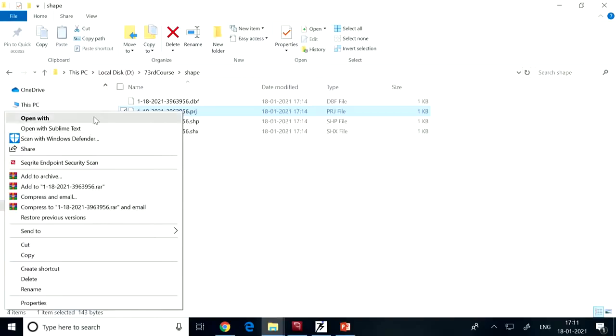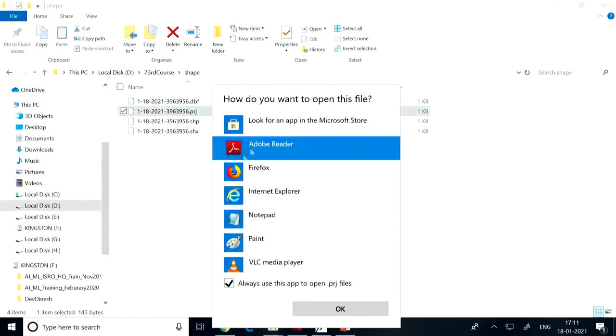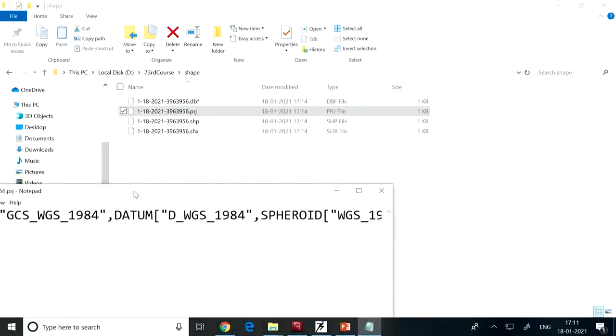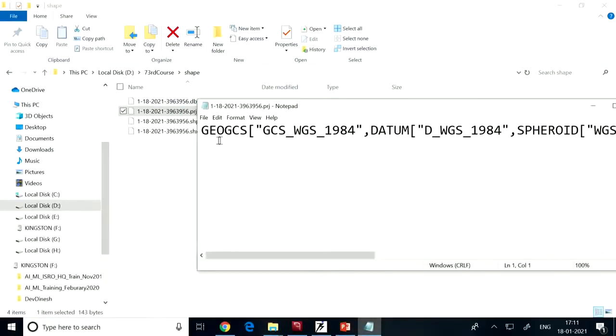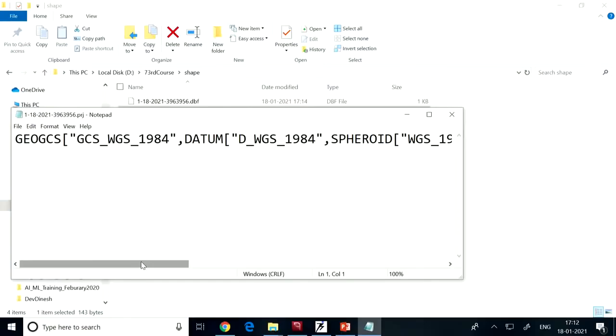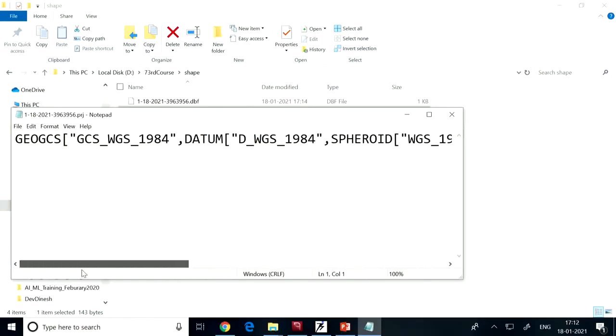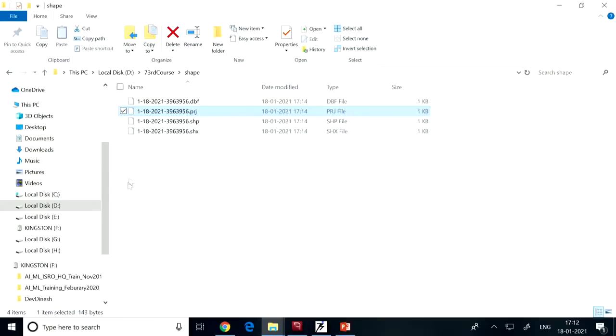If you see it here, open with more apps, I can directly open this file in notepad. If you see it here, the projection system is GEOGCS. It is a geographical coordinate system, has been assigned to that polygon, and there is some other information also attached like datum, spheroid. These are the things which are a part of the projection system.